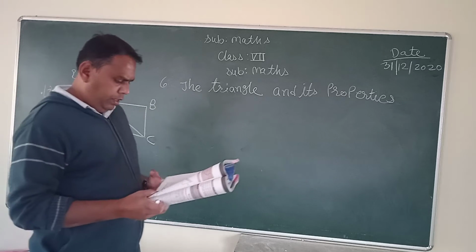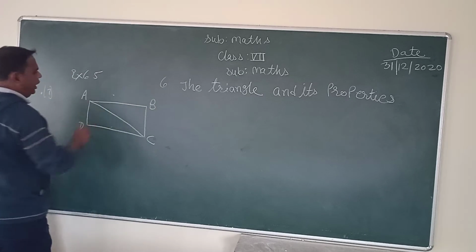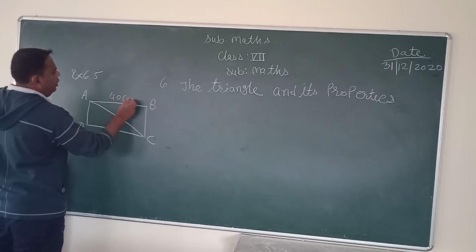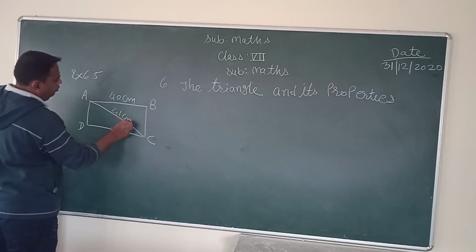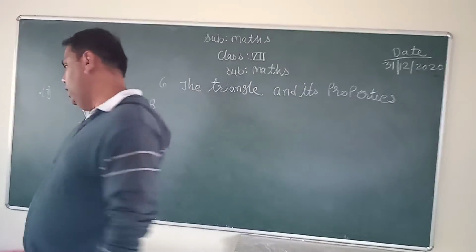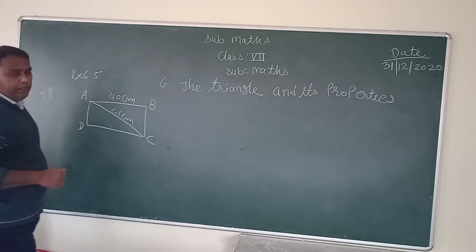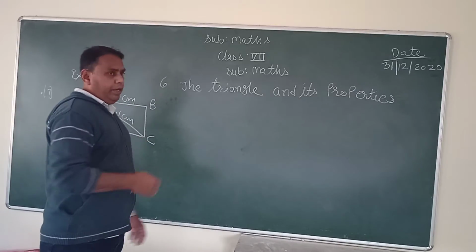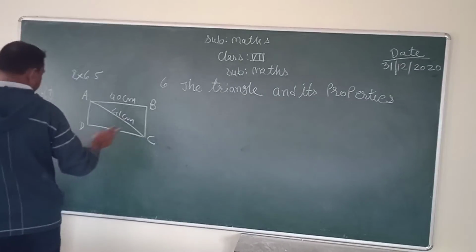In question number 7, we are given the length and the diagonal. Here AB is the length of the rectangle. It is 40 centimeters and the diagonal is 41 centimeters. We have to find the perimeter of this rectangle. So we want the breadth. Here we need the breadth; the length is already given as 40 centimeters. The breadth is necessary. When the breadth is found, only then can the perimeter be found. So we find the breadth.